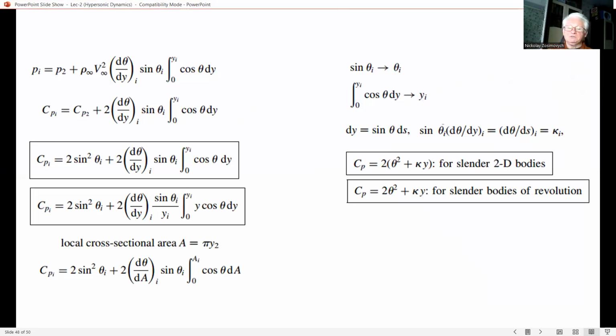And this is how the dependence of Cp at i on the shape of the body upstream of point i enters the